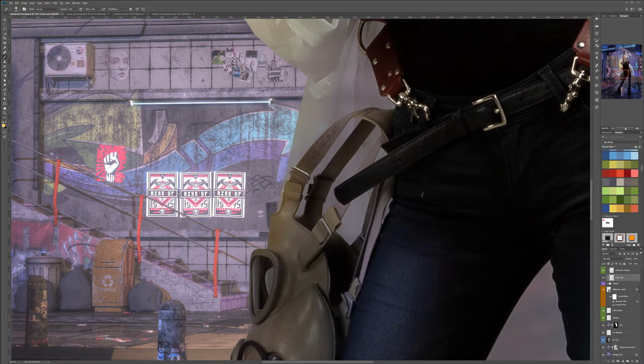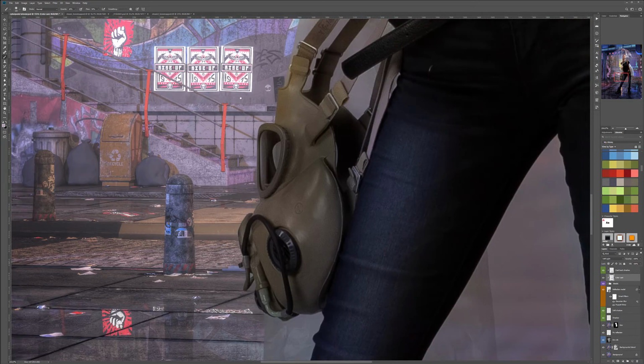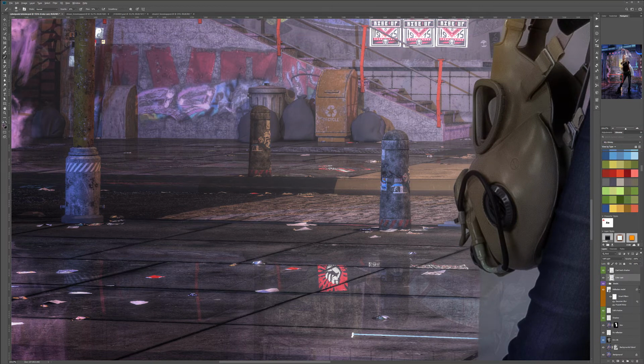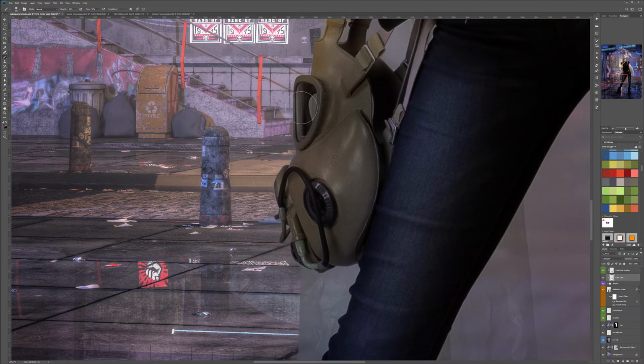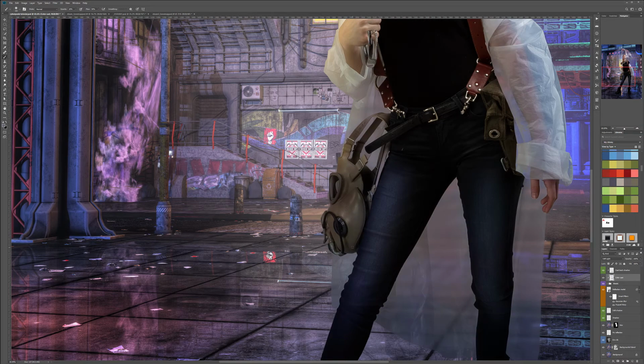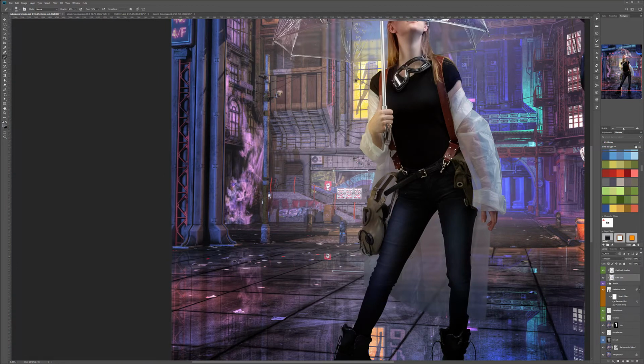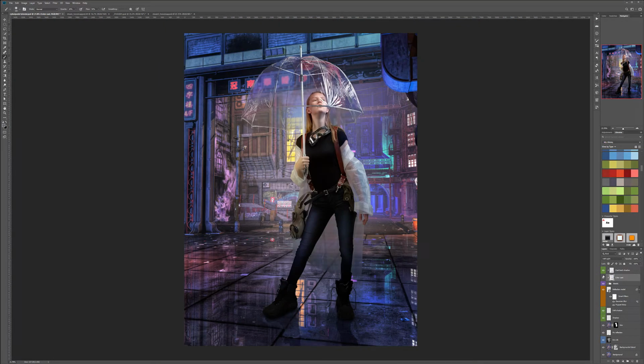Okay, let's select purple. A little bit add purple on this element. And definitely kind of reddish purple on top of the mask. Let's select coloring, and I'll just add a little bit. So in our mask we can see it blending a little bit better with our environment. Okay. Of course we will apply more coloring to this, but overall this will help us